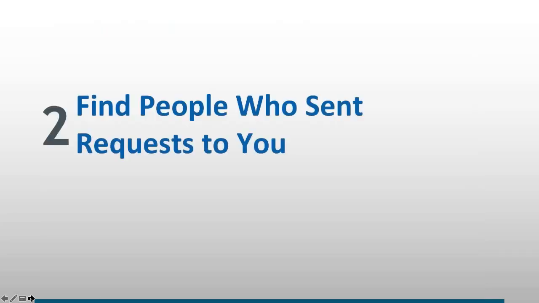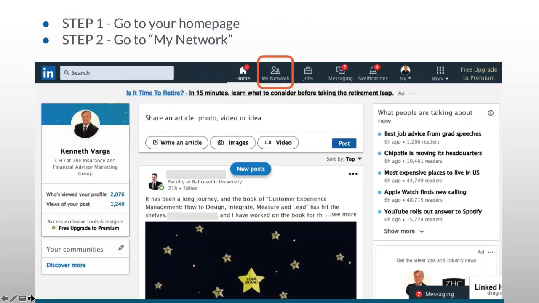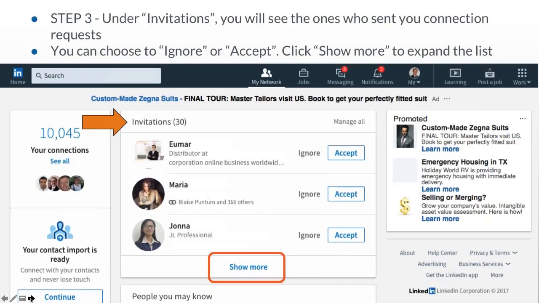Now we're going to go over the people who have sent you requests to connect with you. Again, just like the other one, you go into My Network. All right. Now under invitations, you will see the ones who sent you connection requests, and you could ignore or accept them. So again, you want to accept those that you feel are prospects for you.